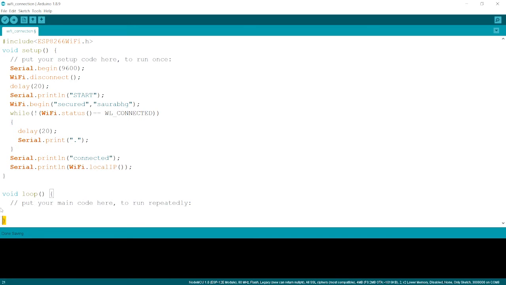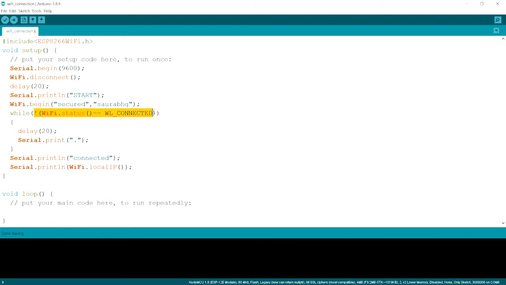Similarly, while has a condition. Until this condition is not satisfied, meaning the condition becomes false, it will continuously move to the last statement and then again to the first. It will end here and begin again here until and unless the condition turns false. So this is what while does.